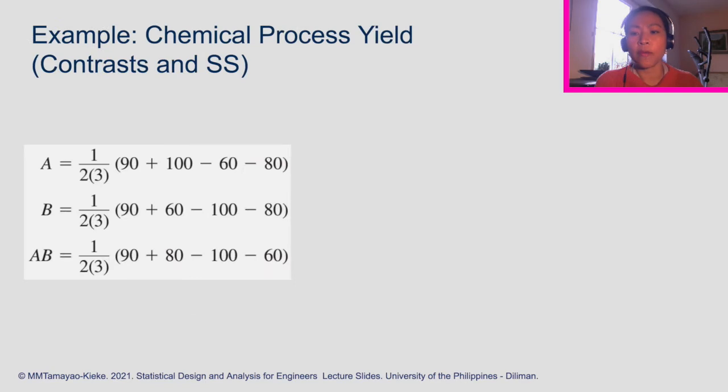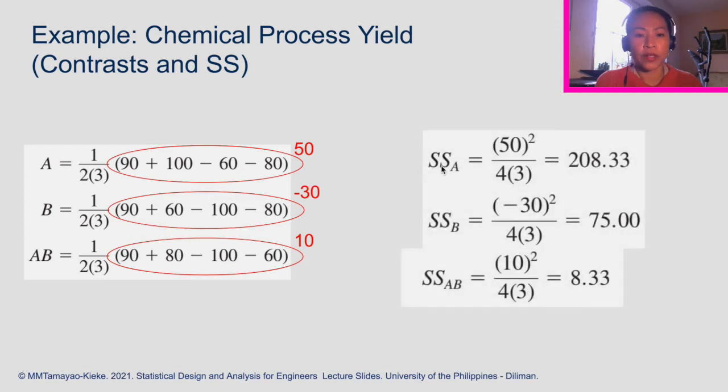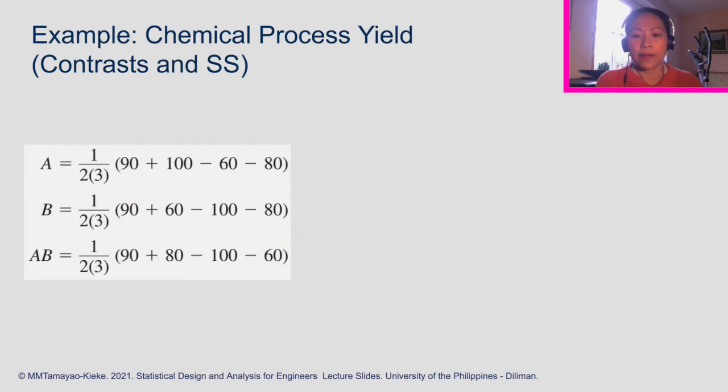Okay, so if we go back to the expression for the effects, the main effects and the interaction effect, which can be computed as such, this term here is actually a contrast for A. This one is a contrast for B. And this one is a contrast for AB. So in computing for the sum of squares, we just square these contrasts and divide them by